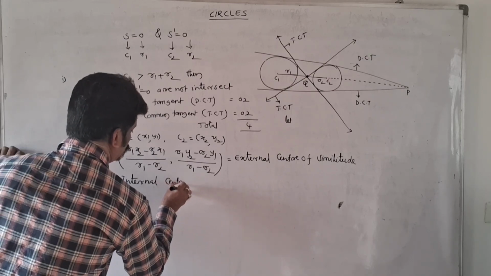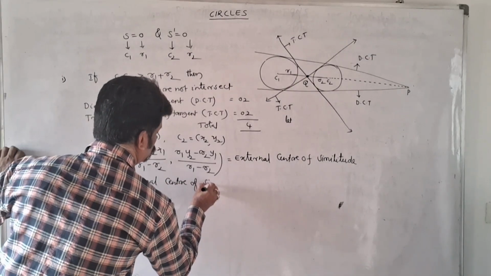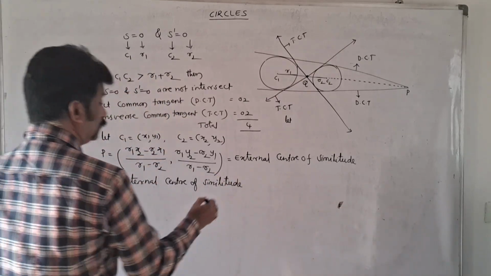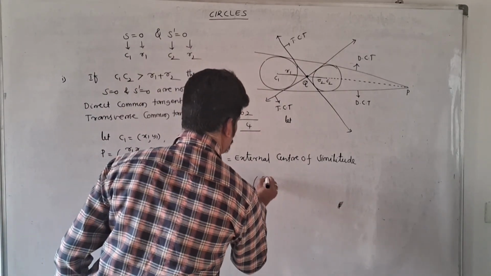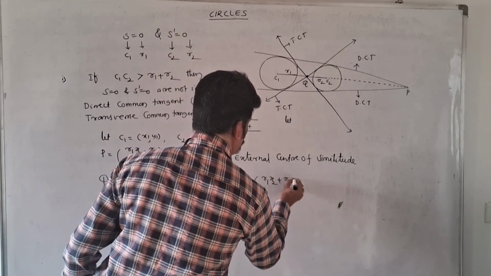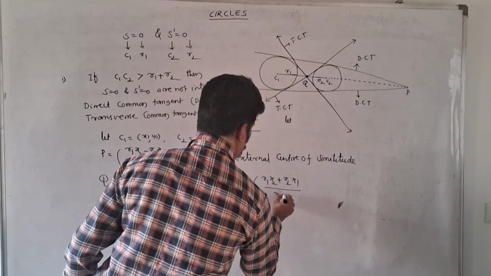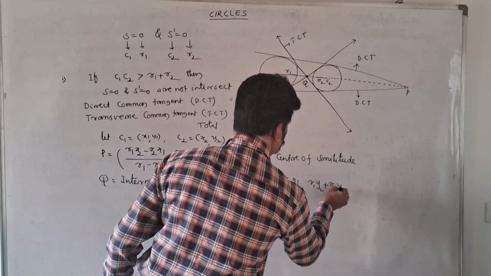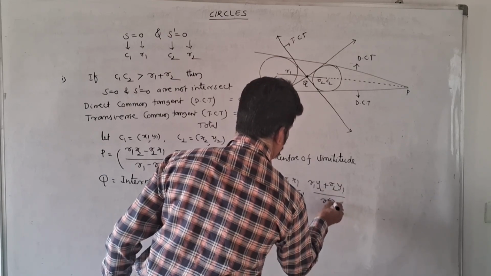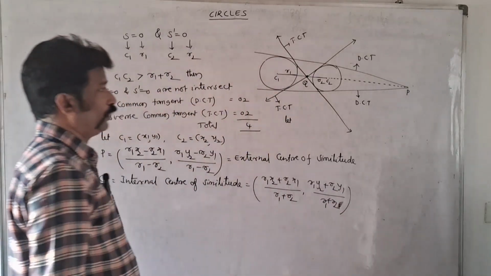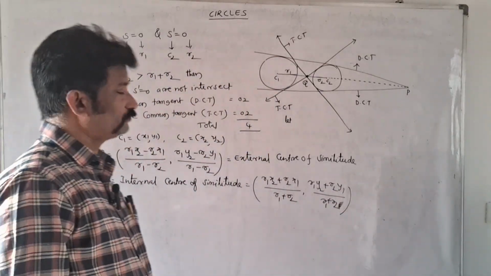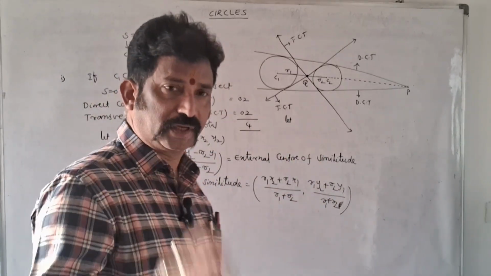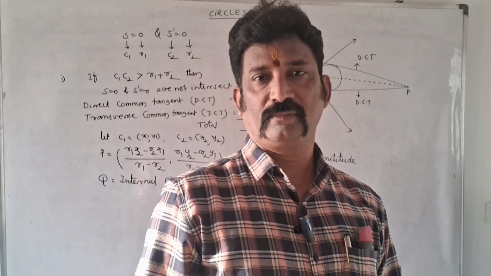Internal center of similitude is equal to (R1x2 plus R2x1) by (R1 plus R2), (R1y2 plus R2y1) by (R1 plus R2). That's it. This is the point. This is case 1, complete data. Once you check it, whatever the problem,